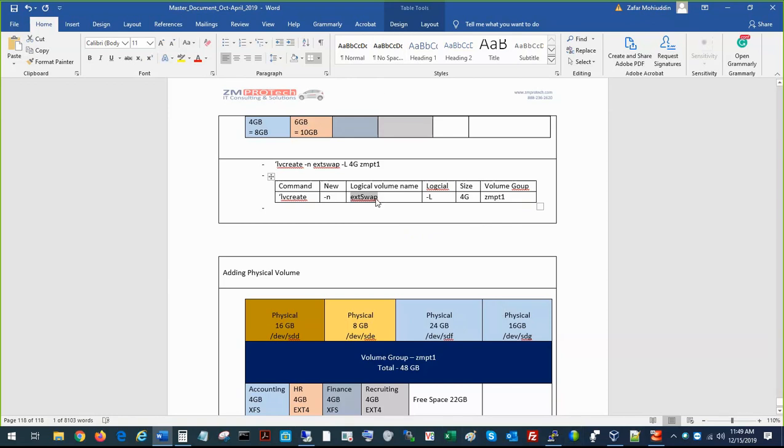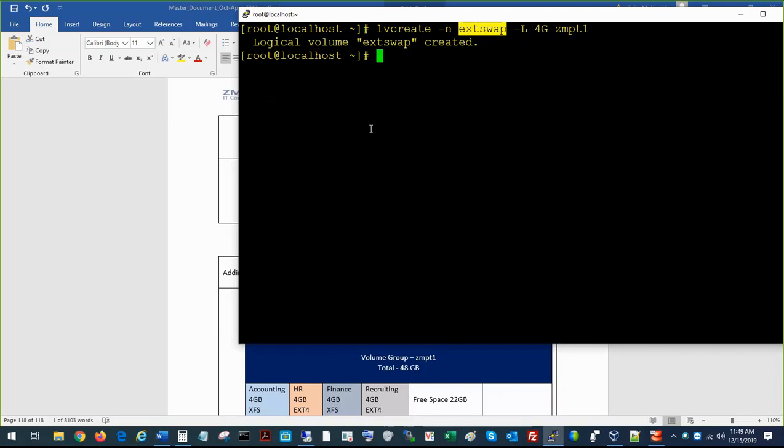There is no confusion here, right? I just named it, so the system doesn't really care. What it really cares about is that I could make this an ext4 file system at this moment, or an XFS file system. But what I'm going to do is mkswap,